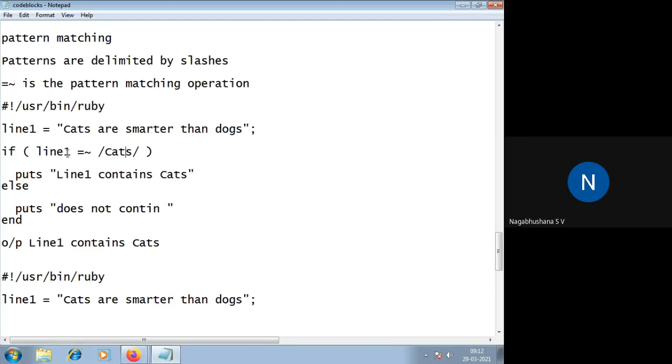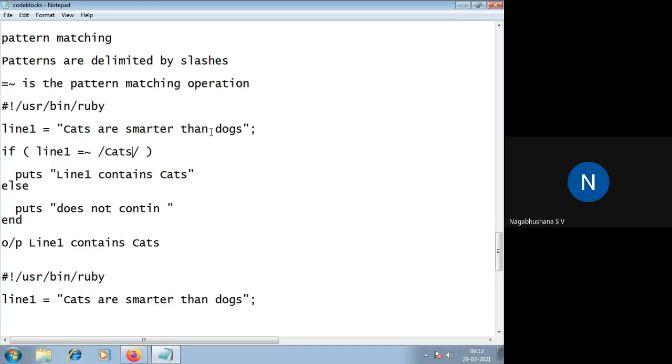Line1 contains the text, and this is a pattern matching operation, and the patterns are delimited by forward slashes. This pattern, cats, is matched against the text of the variable line1.